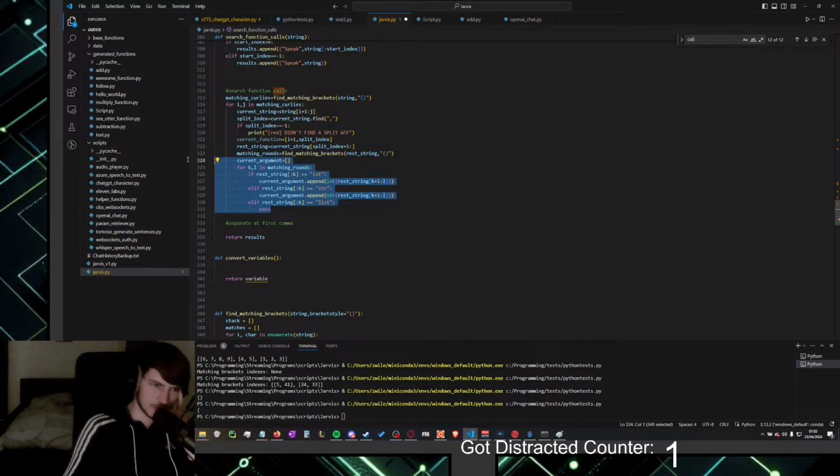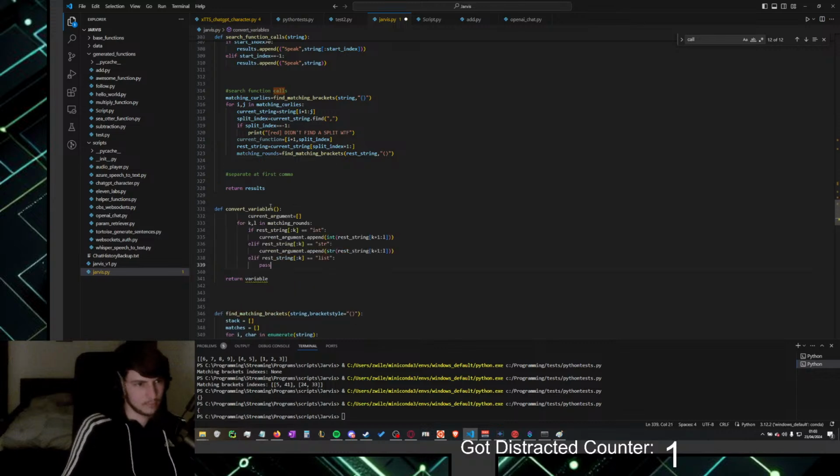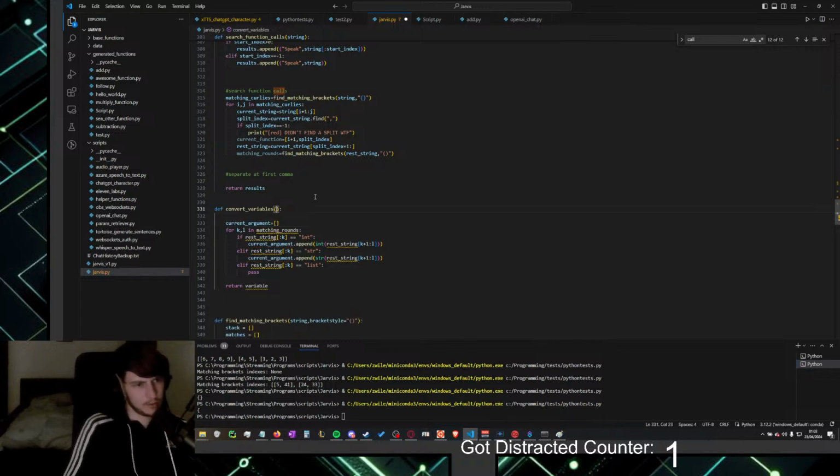No, matching rounds. Like this. Okay, now we need rest string and matching rounds.